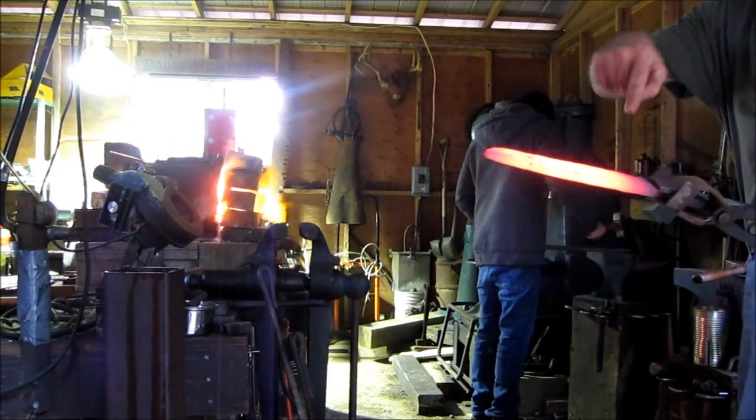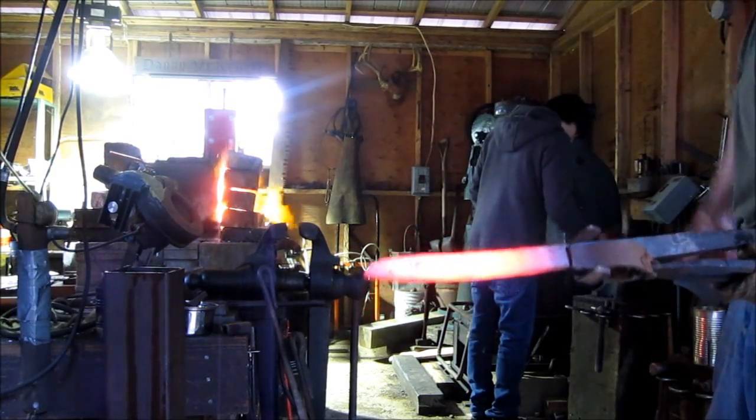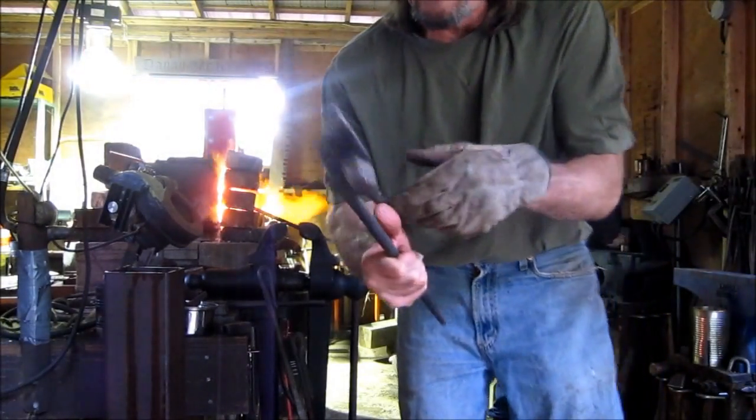Now what I want to do is establish the choice like I just did for his. This is the tool I use to